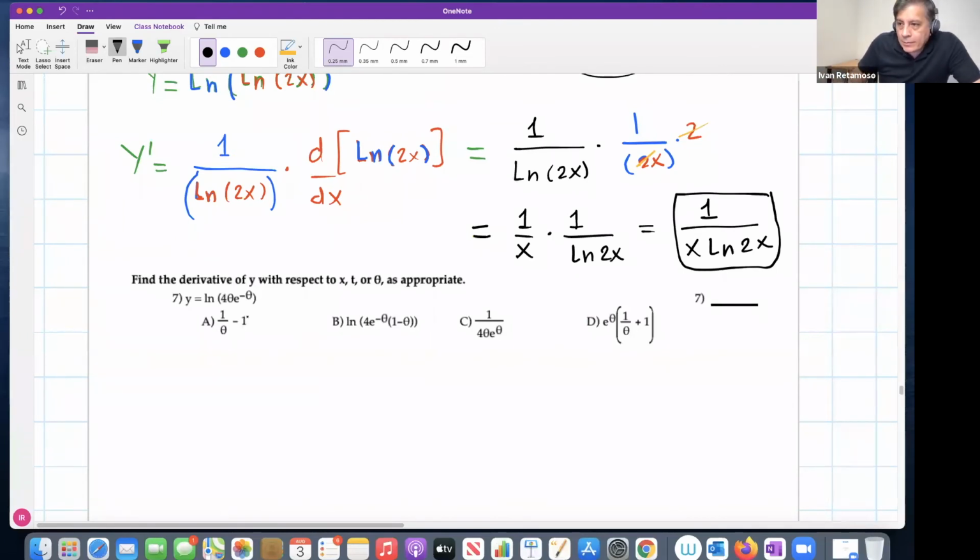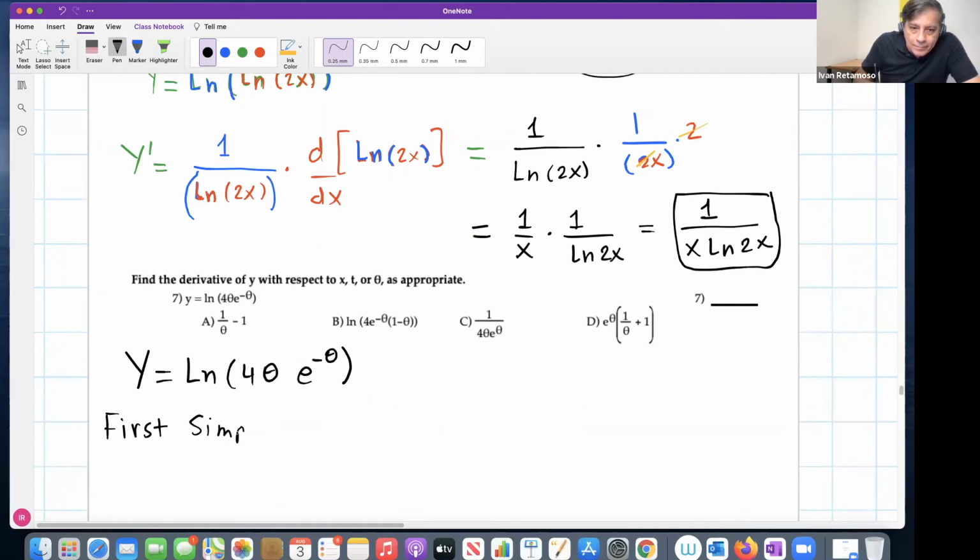What are you talking about, Professor? Well, notice this function, natural log of 4 theta multiplied by e raised to minus theta. If you go ahead and directly apply the chain rule, notice the inside function is complicated, right? You have to apply the product rule. But sometimes, again, it's better to do this first: simplify using